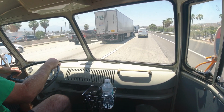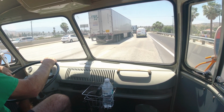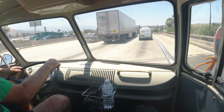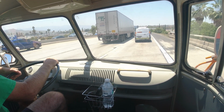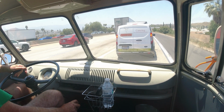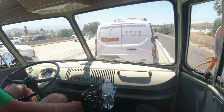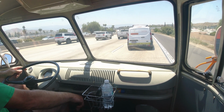So 400 degrees at the head, and it didn't get a tight valve or anything at that point. It wasn't that hot. It was hot, but not quite that hot. And when I checked it after I took 2 degrees of timing out of it, which I started with 30 degrees, and that's where I was thinking it was going to need to be, and we raised it to 32, which was too much, I think, really, and then back down to 30,